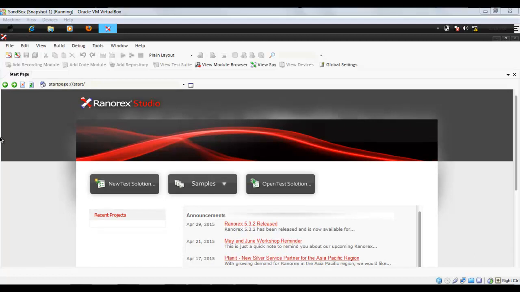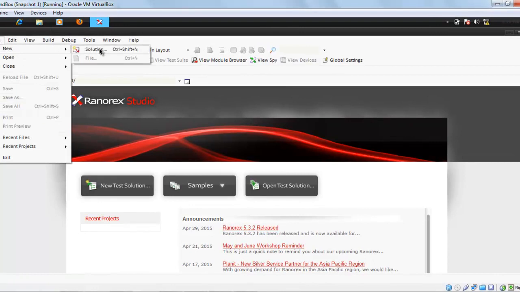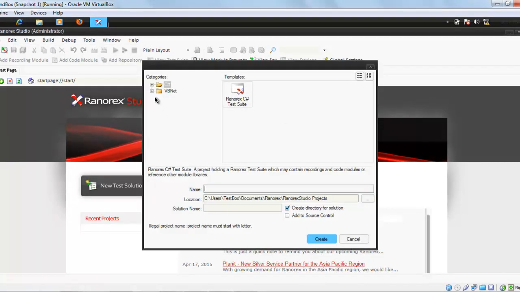Now we start with a basic overview of this. As you know, in File, you can create a new solution, click on new solution. The choice of language is according to user knowledge. Either you can go for C Sharp or VB.NET.